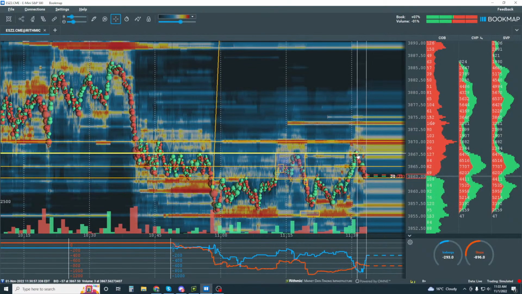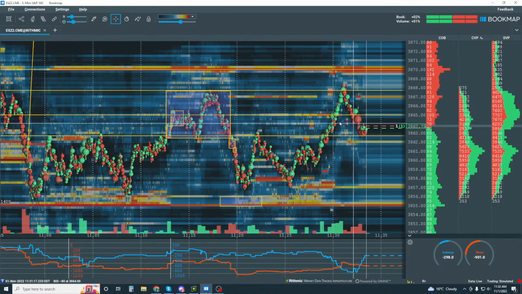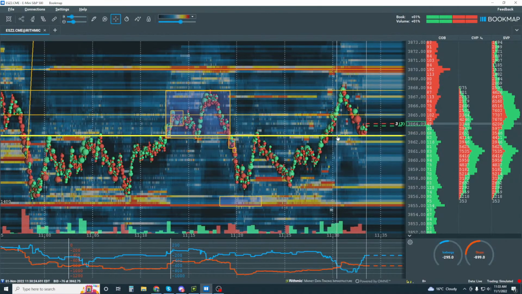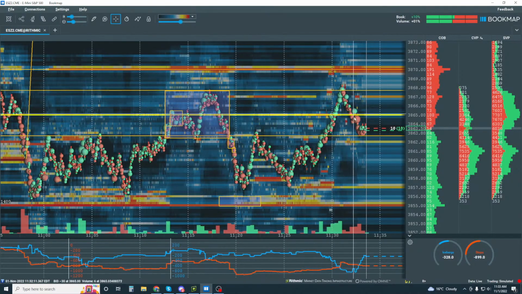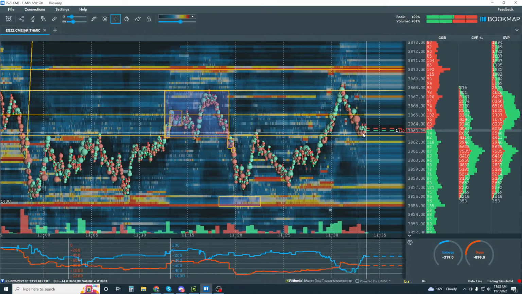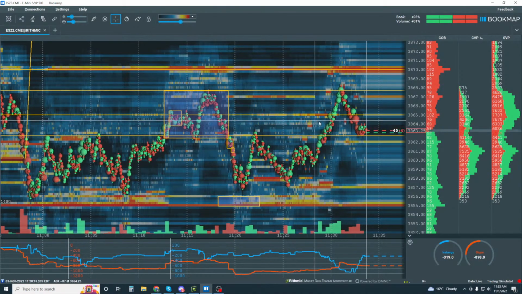Really, that's all it could do? Looked like a pretty strong move. It pulled all the way back to our level. We still may find buyers in here. But anyway, I don't really see an edge here. Yeah, there's buyers in here, there's sellers in here, and we're right in the middle. So not really seeing much right now.